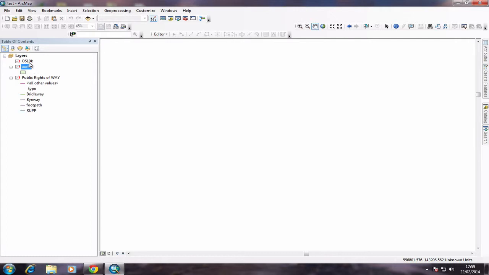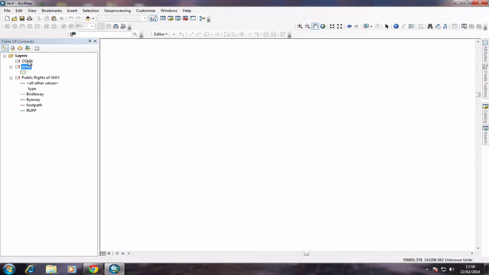The computer is trying to find these in a particular location, in exactly the same location as they were previously, and of course if you've moved them or if the USB connects on a different drive, the link is broken to the data inside the Geo database. So therefore you're getting this red exclamation mark, and of course they're greyed out as well, which means that they will not display. The easiest way we can solve this is to just go and reconnect the data together,